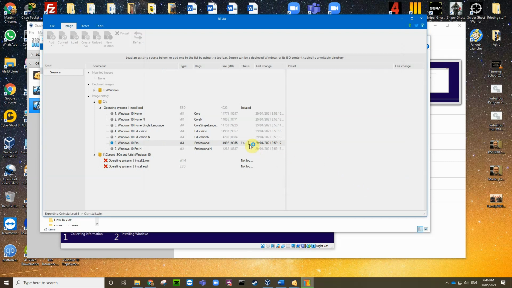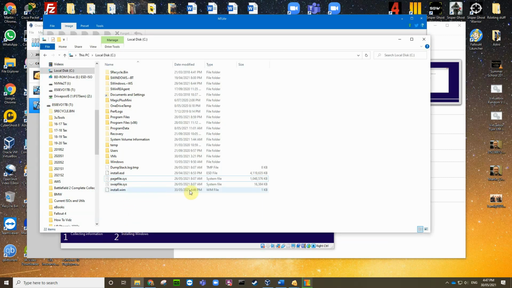And it'll just whiz across there and create our install.wim file out of this ESD file. And we can pick as many different versions as we want. If we want to install an education version or a home version, we could. Okay, so looking back at drive C, you'll see that the WIM file started. If I hit the refresh button, you'll see the size changes as